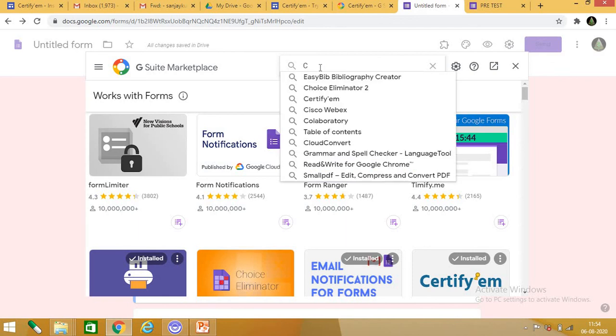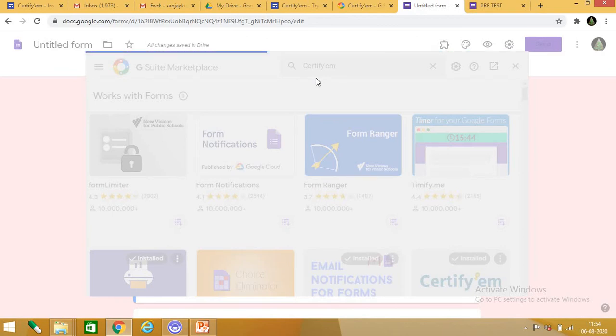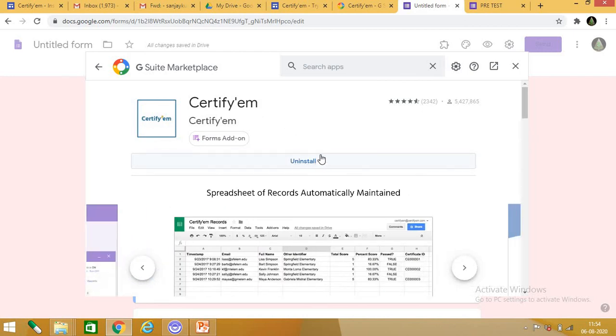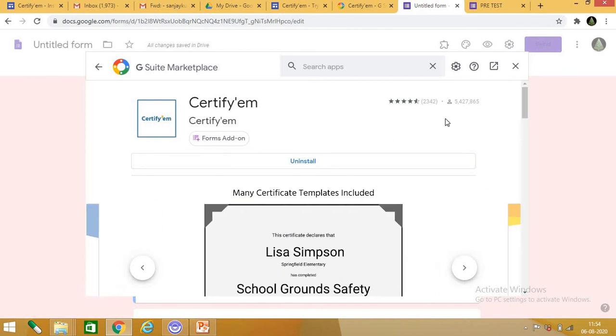Type here Certify M. So this is Certify M. Click on it and install. Here it is already installed, so it is asking to uninstall. In your case you will install it. So install. Okay.